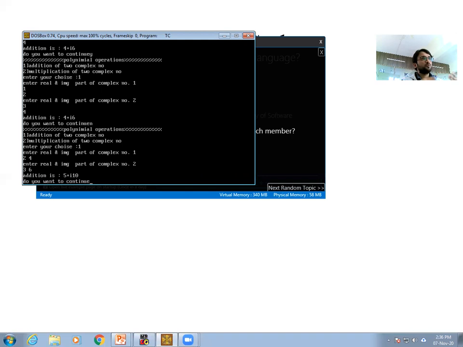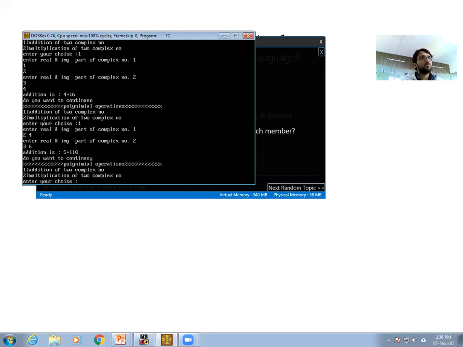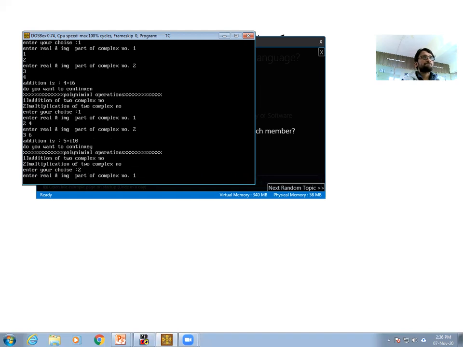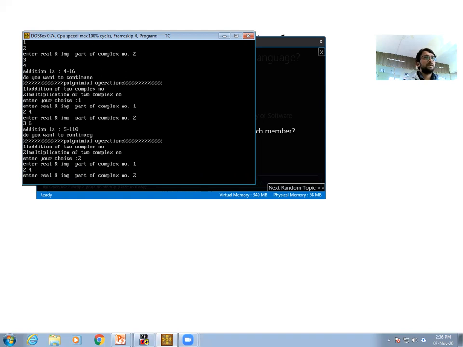Now it asks, do you want to continue? I provide yes, enter. Again it asks me to enter your choice. Now I am providing choice number 2, that is multiplication of two complex numbers. It asks me for the first complex number, and I provide the same, 2 and 4.